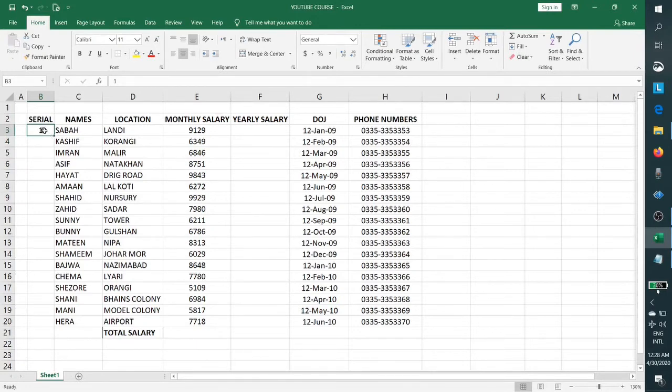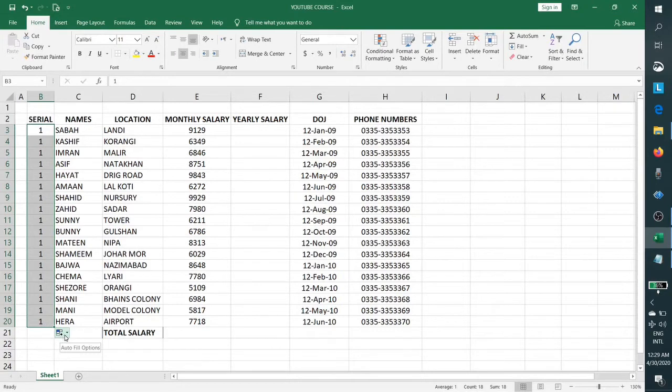So let's suppose we type here 1, and if we come to the right bottom of this cell, you can see this is a hollow plus sign, and if you come to the right bottom, then you will see a dark plus sign. Just hold the mouse left button and bring it down till your last row, and you can see it already copied cell B3 to all the cells which we have selected.